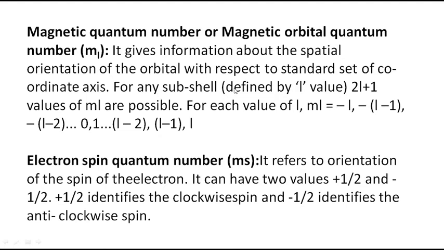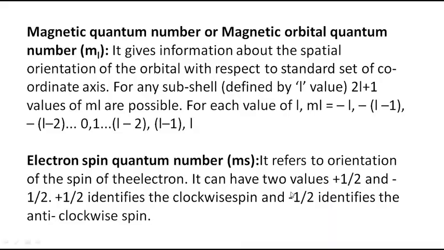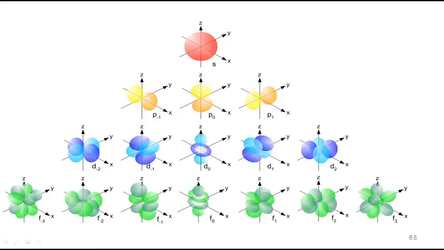And what is the magnetic quantum number? Magnetic quantum number gives us the orientation. How many orientations for each l value? For this, what is the formula? m is equal to minus l to plus l. Okay, that calculation I'll show you now. For S orbital, how many orientations? Only one orientation. What is the value of l? 0. Minus l to plus l means what? Minus 0 to plus 0 means only one orientation. There is no more orientation.